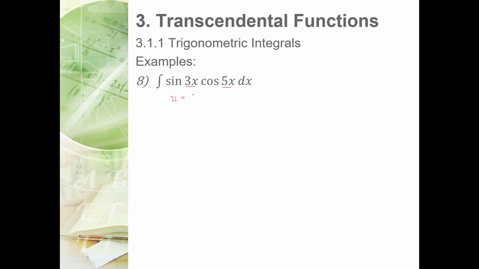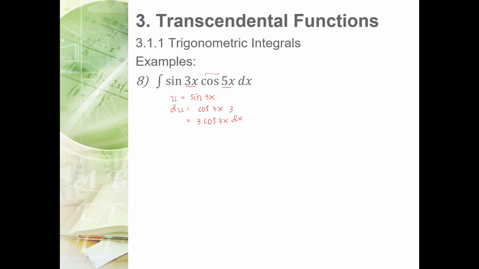So we let u be sine 3x. So the derivative is cosine 3x times 3. So that will be 3 cosine 3x dx. So again, if you notice, if we try to observe the derivative in the given equation, there's a cosine, but